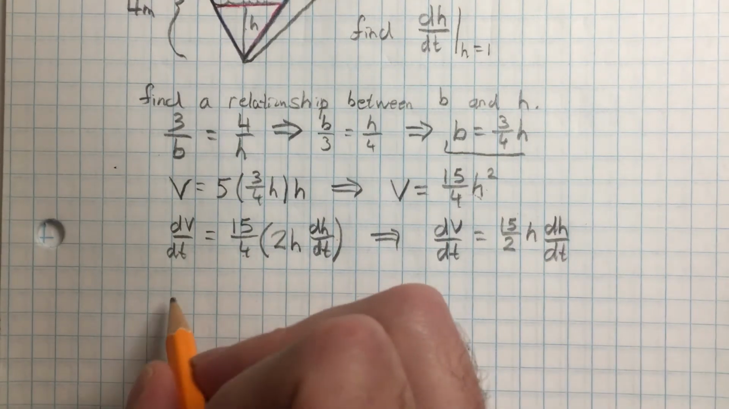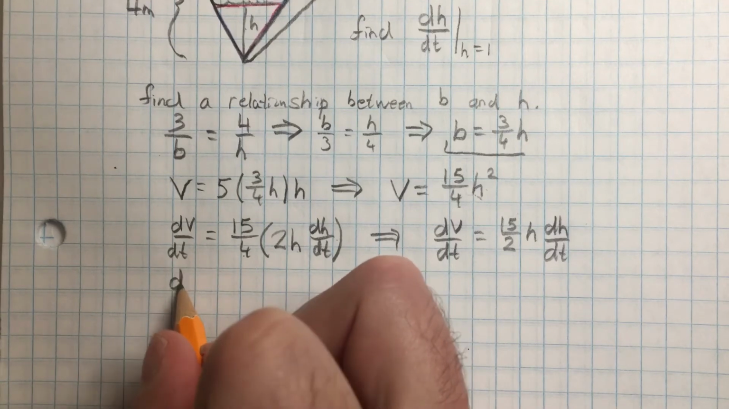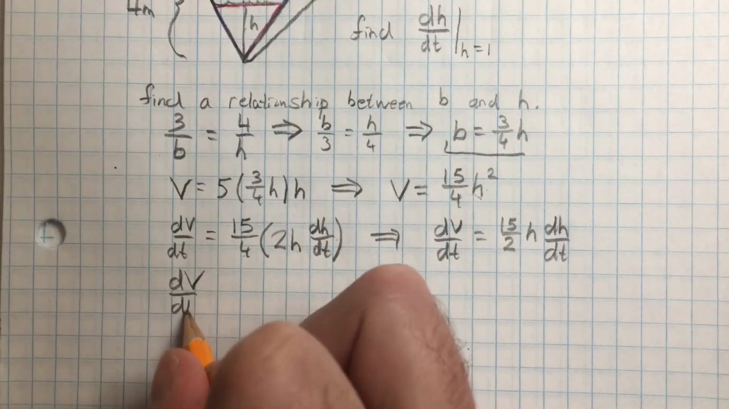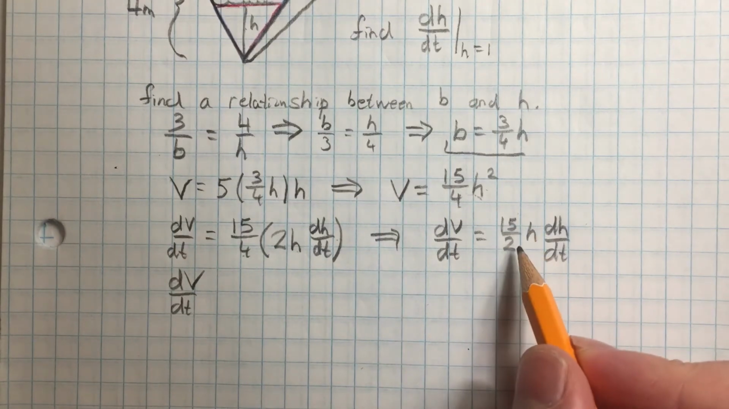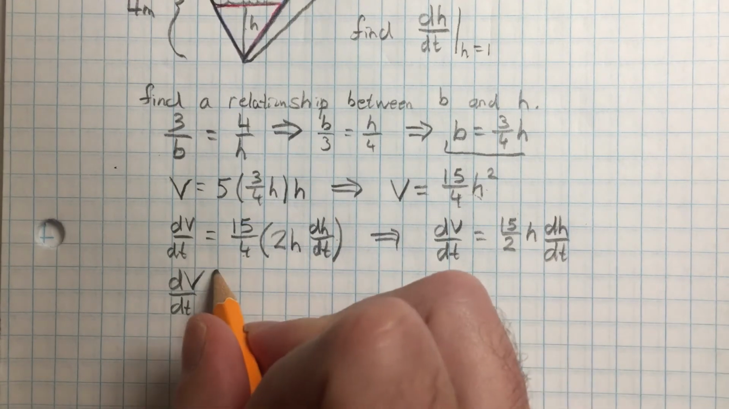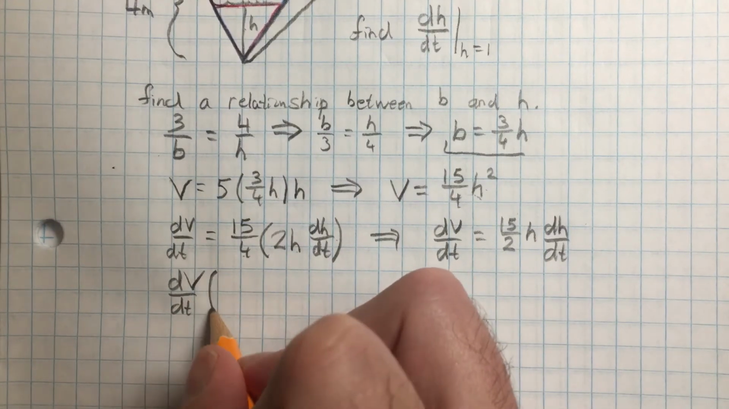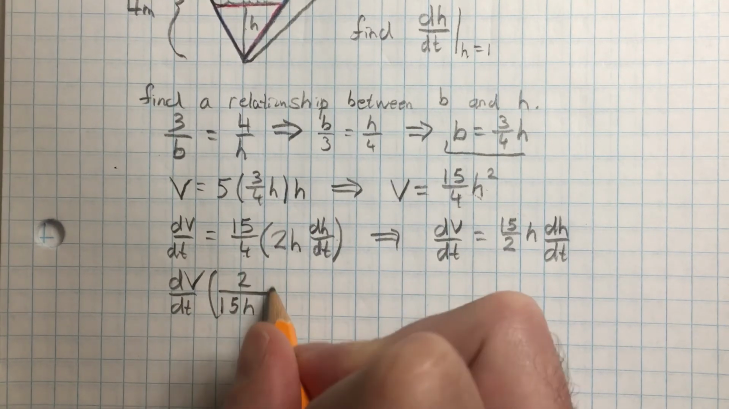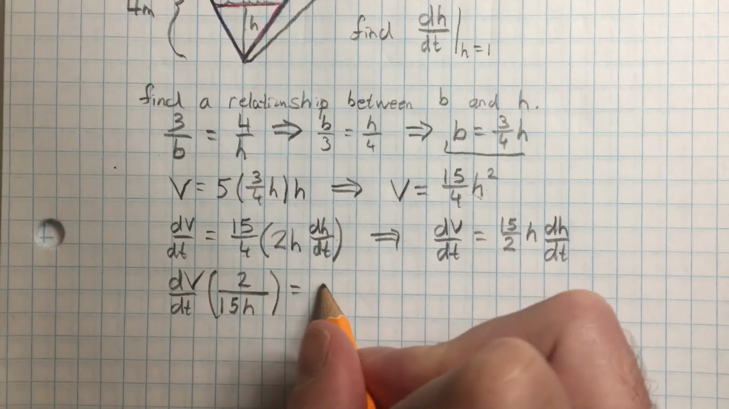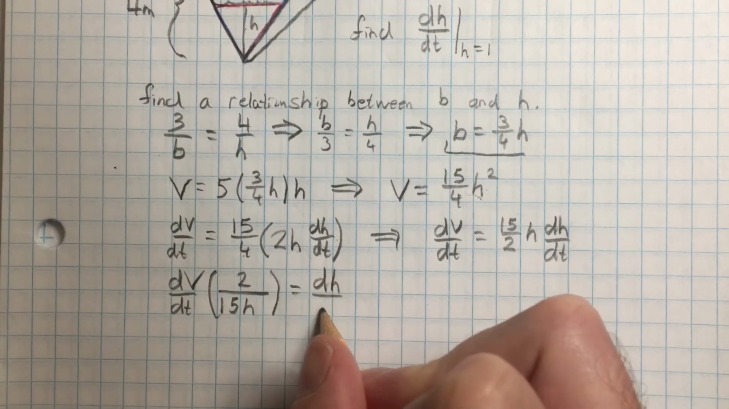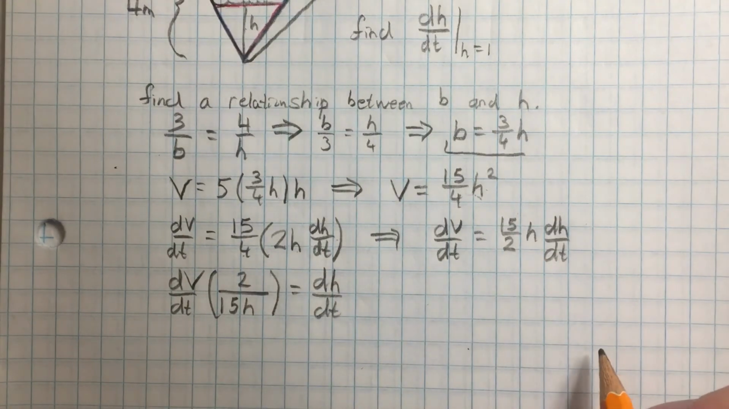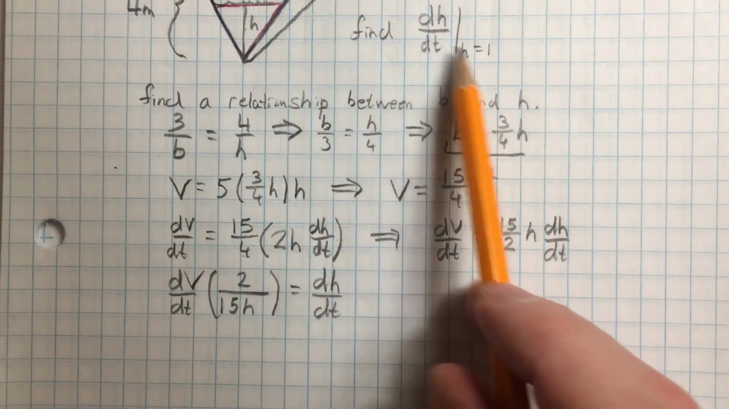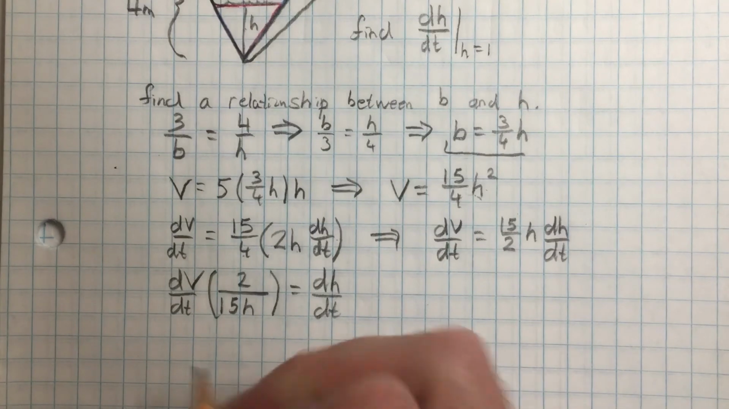I want dh/dt by itself, so I'm going to move this to the other side by reciprocation. Okay, so we should have now dV/dt times the reciprocal of this, which should be 2 on 15h. And that should be equal to what we were trying to find all along, which is dh/dt. Okay? So now if we just calculate dh/dt, when h is 1, which is what we wanted in the first place, we should have